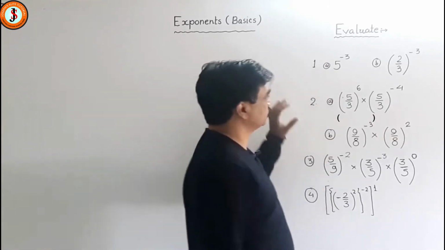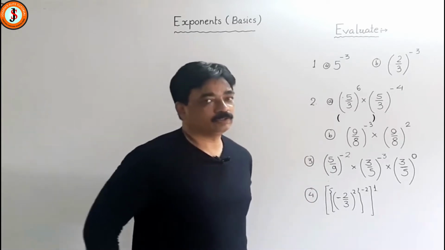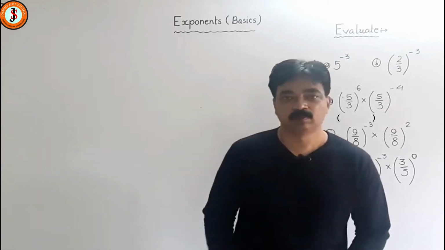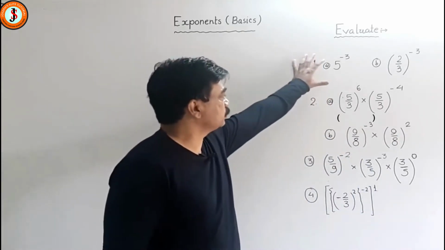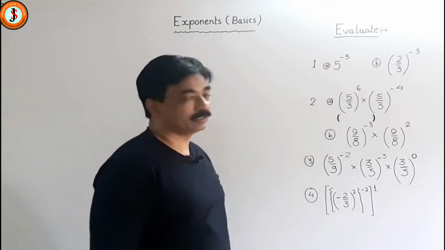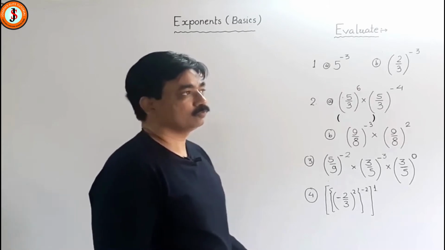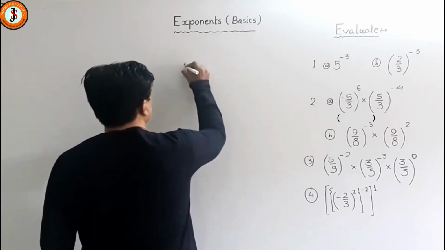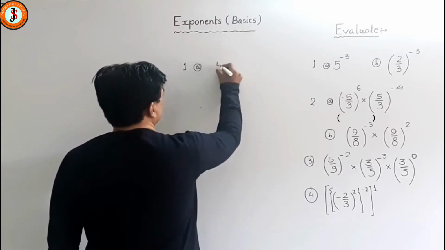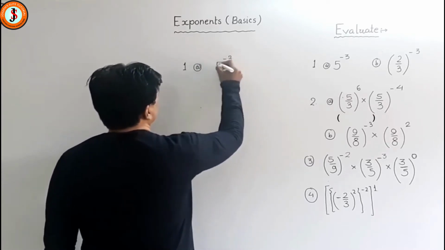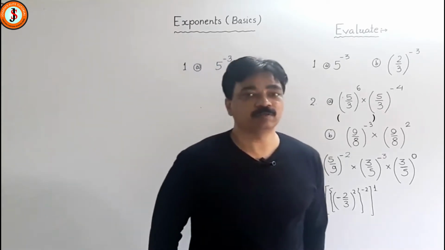Let us try to now check on some questions from our textbook on exponents. In the previous class, you studied about certain laws. So, let us take this. As soon as I look at this, the power is negative. So, how do we make the power positive? With a negative power, it cannot be evaluated. We have to make the power positive.